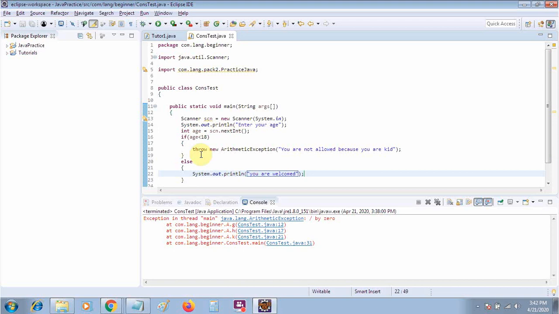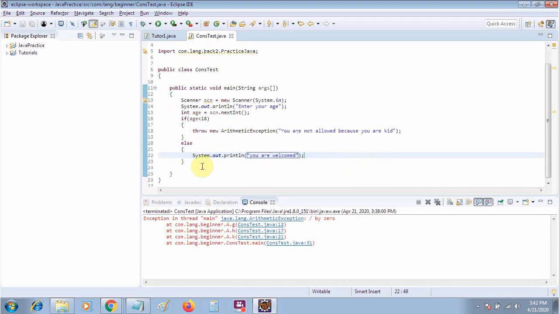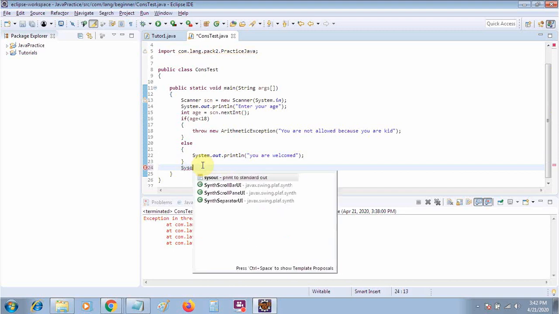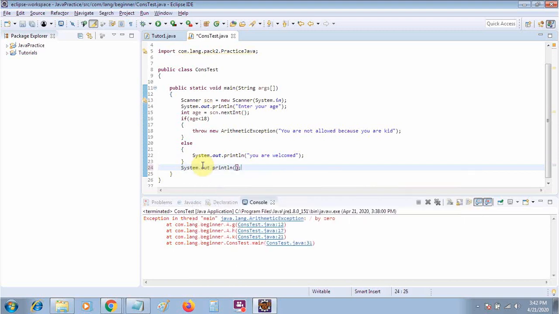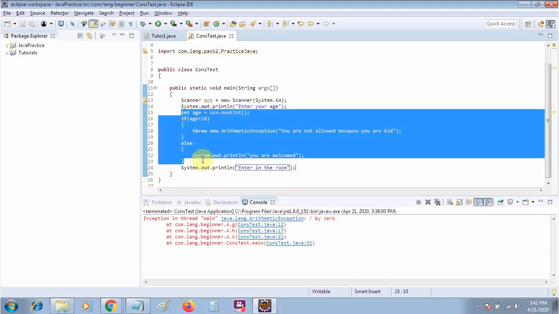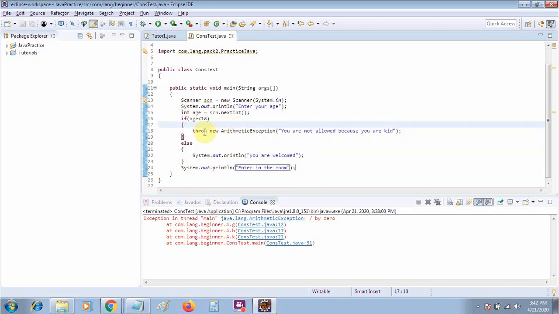Before some code, I want to perform some operation. For example, I have taken a very small example to check the age. If someone is less than 18 years, we will not allow them and we will throw the exception.